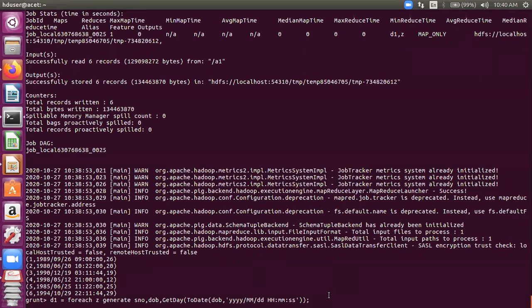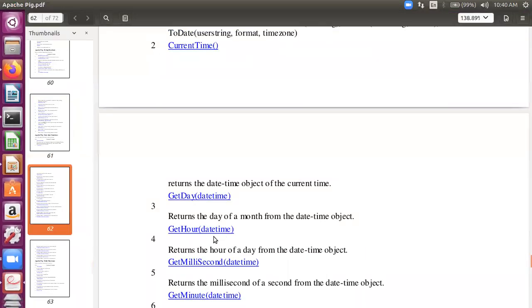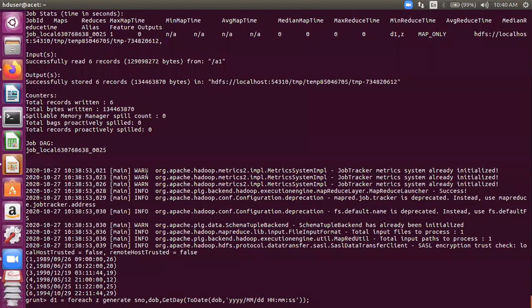All right. So I hope you've understood this. Now, with this as a format, we can use whatever functions we want to use. Let's check a few other functions. You see, get hour is there, get millisecond is there, get minute is there. It will just pick up these things out of the given date that you specify. So I'll be using some of them in the queries: get hour, get millisecond, get minute. Let's use all of them.